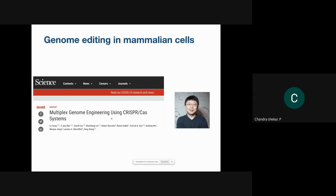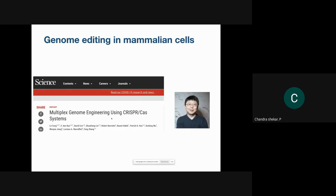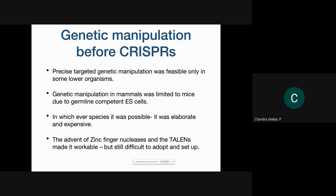Okay, now till here I have told how CRISPRs work. Now you don't know how these can be used for manipulating the genome, or the so-called genome editing. What does genome editing mean, and how is it utilized, and how has this changed the field? That's something I'm going to talk about in the second part. So genome editing is basically to change the genome as per your desire to achieve a certain objective, whatever that objective